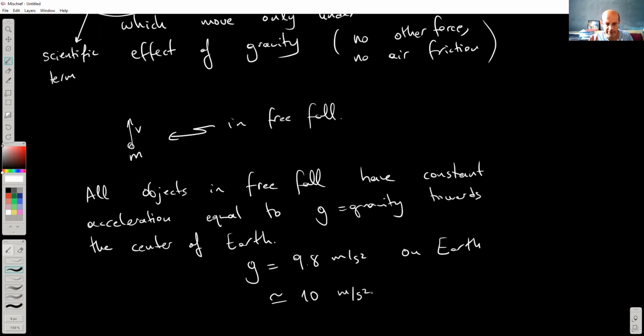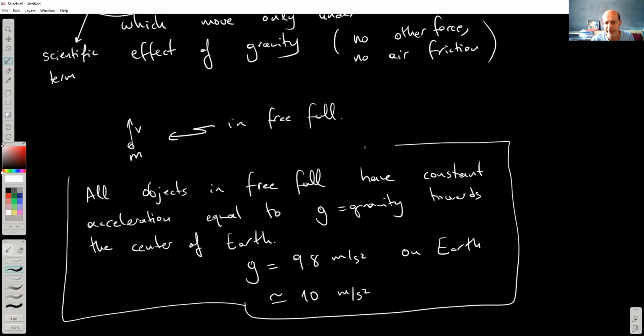So as a result, tomorrow I'm just going to solve a few problems only by using this principle, and then I'll pass to the three-dimensional kinematics. Okay, so let me stop here. Sorry about being late in here, so I should have ended at 40 past, but